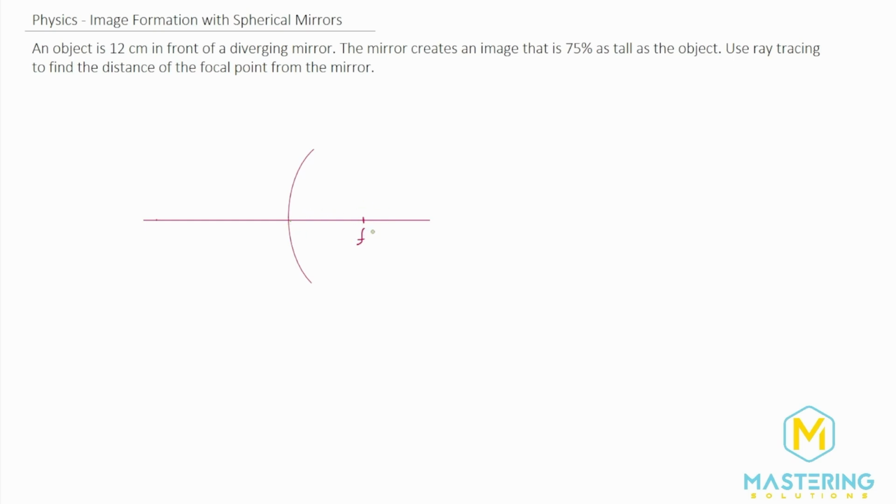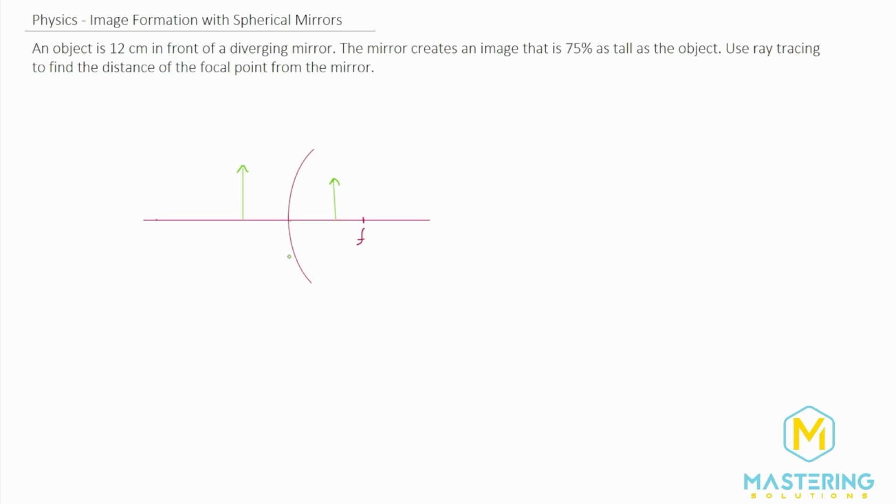So I've drawn the picture of our diverging mirror here, and remember the focal point for a diverging mirror is always on the right side by convention, and it's always going to be a negative value because of that. So we'll go with the question here. I'm going to calculate mathematically all this stuff, but just to show you what they wanted you to do, they say that we have this object here, right? And they tell us that the image formed is 75% as tall. So we have almost as tall, but not quite, about 3/4 or 75% of the way, like this.